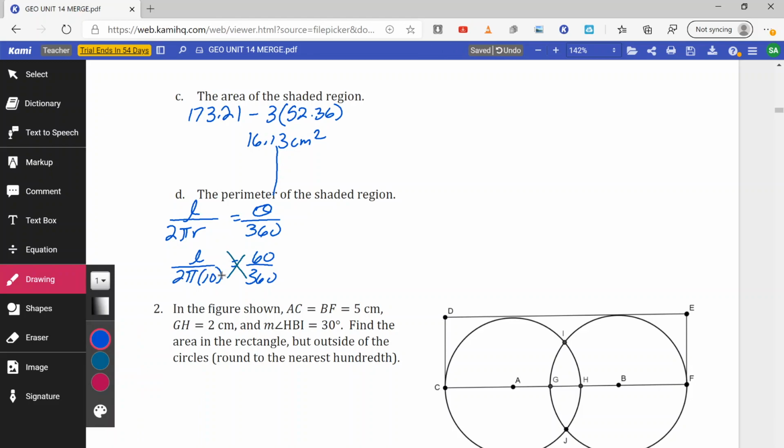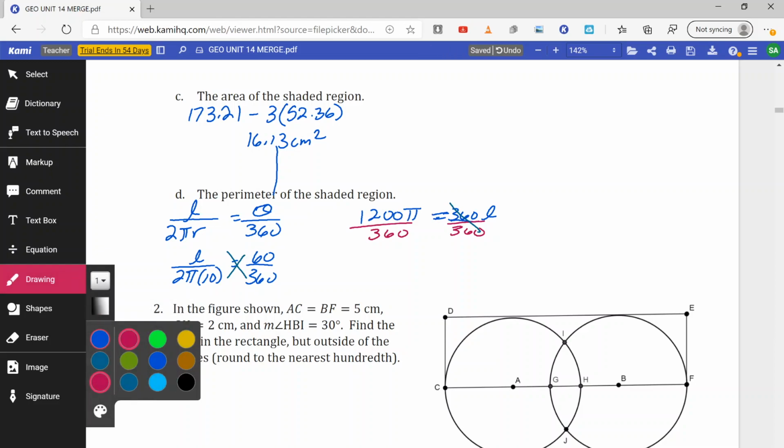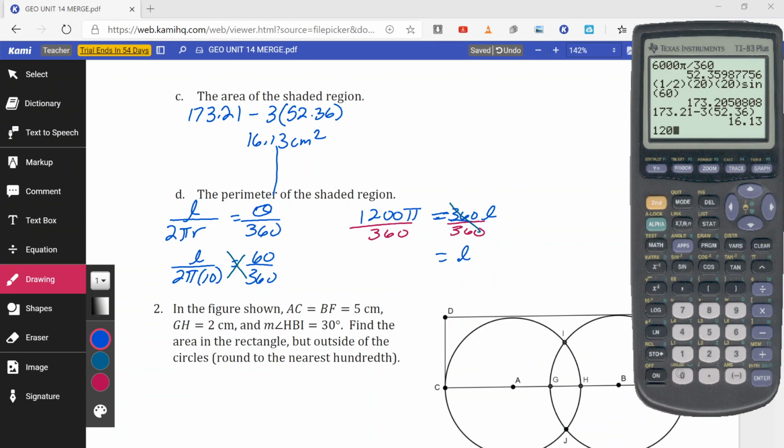So 2 times 10 is 20, times 60 is going to give me 1200 pi is equal to 360 L. And we're going to divide by 360. And we get L equals, and then we divide 1200 by 360, leaving me with 3.33